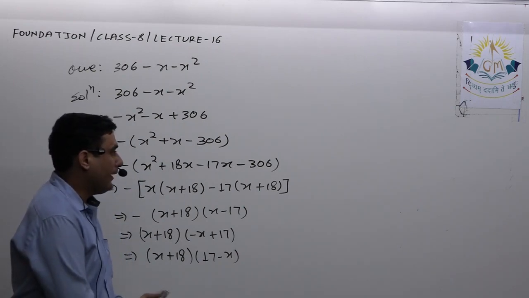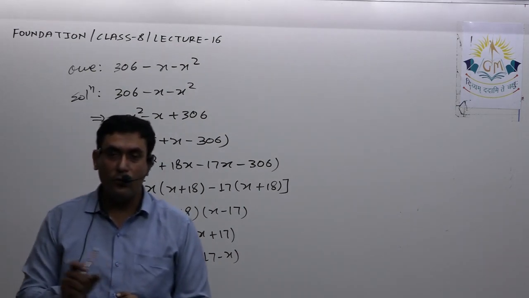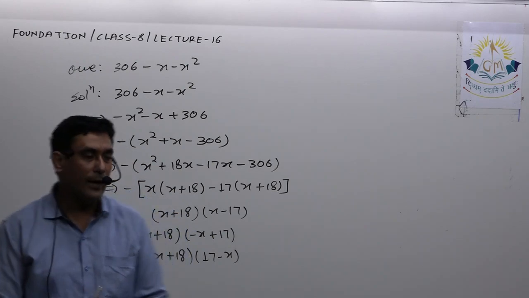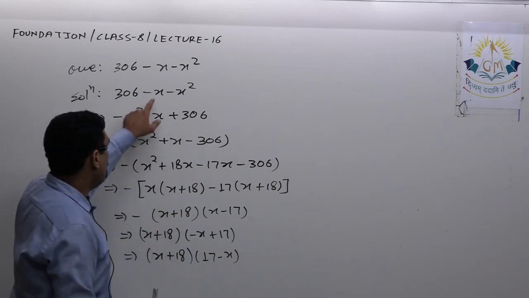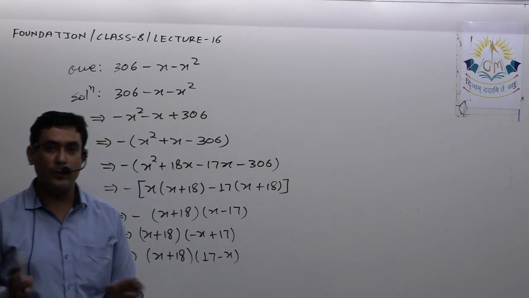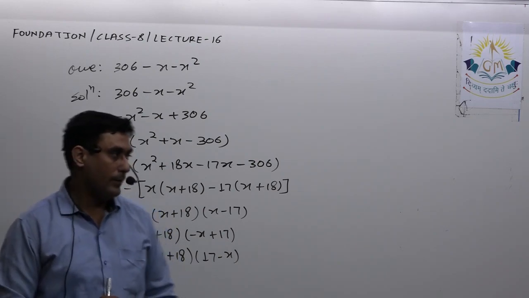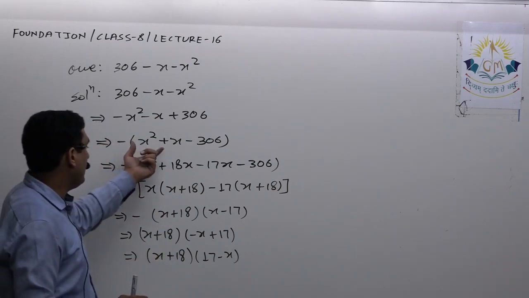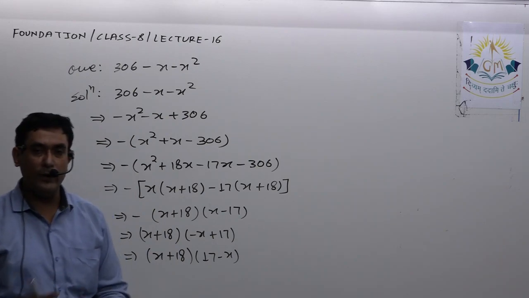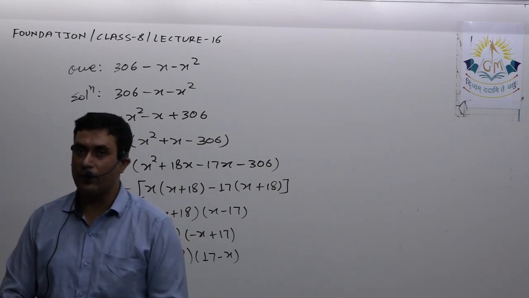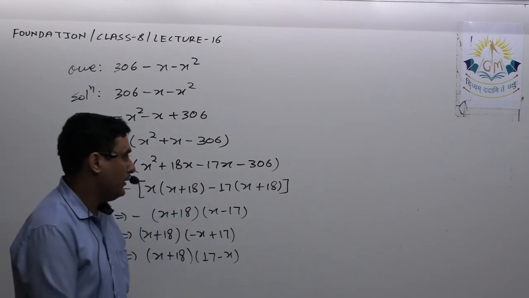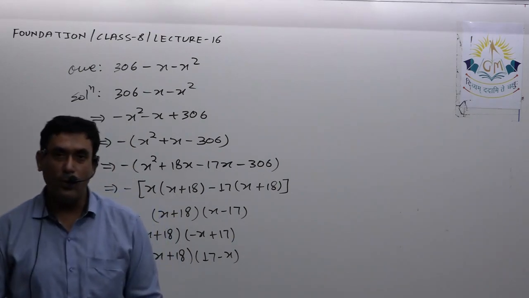And then after finding the factors of the constant term, you have to find two groups in such a way that their sum must be the middle term and their product must be the product of the first and the last term. And then by splitting it, and taking common from the first two and next two terms, we'll be able to find the factors of the given expression. So that is all about this lecture.